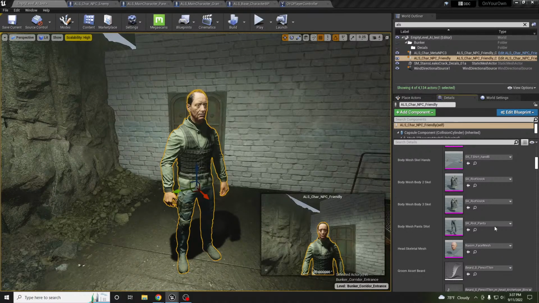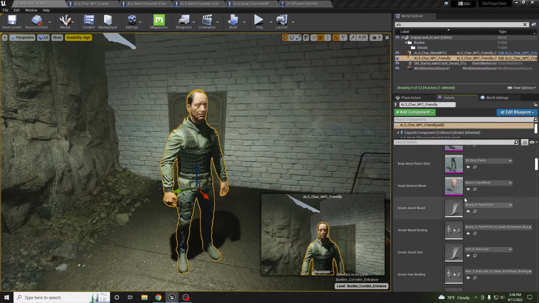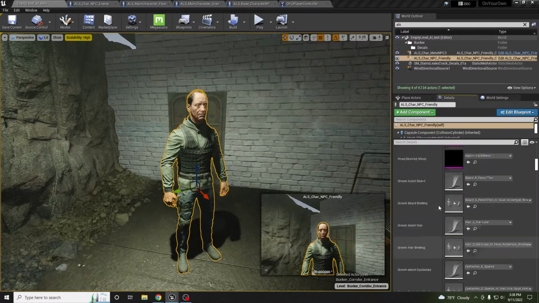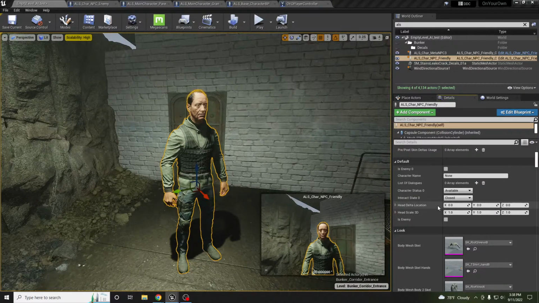And so yeah, basically I combine it with the head and then the groom assets from Metahuman. So then I can give this guy the groom assets from a female, for example. That's one of the things that I really like about Metahumans, is the fact that you can change these up pretty easily. And the one thing that I've done, there's a little add-on plugin on the marketplace called Metahuman